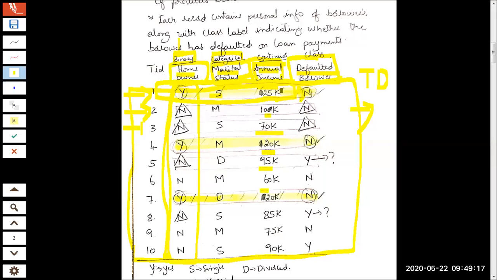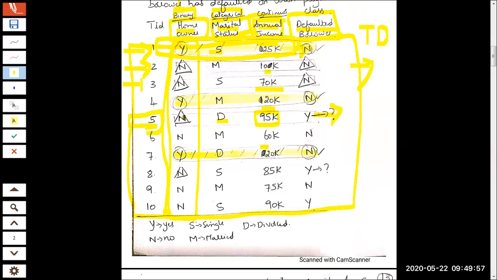Now one more record is there. Record of Sunil, for example; we'll take record number 5. He is a customer by the name Sunil. He is not a house owner. He is a divorcee. His annual income is 95K, and the observation that was made was that he has defaulted. Previously he has failed in maybe paying the interest or the principal amount. So that was the observation. Please note, observations are very crucial inputs for training the classifier. Previous observations, historical data. Similarly, we can see many records.